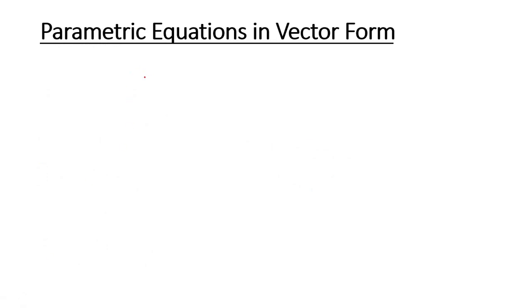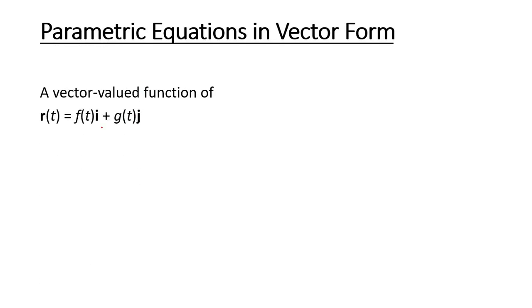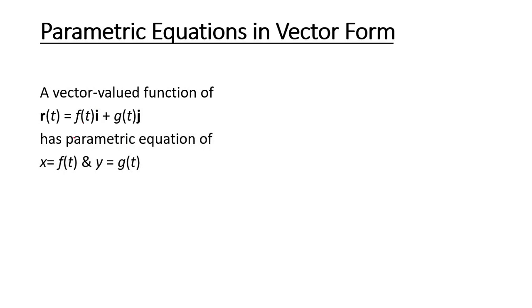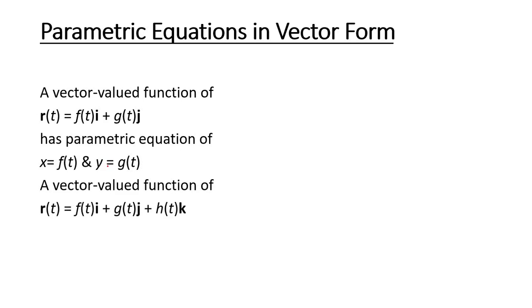So, all the parametric equations in vector form. A vector valued function in 2D, r(t) = f(t)i + g(t)j. As a parametric equation, the component i, let it equal x, so x is f(t); the component j, let it equal y, and y equals g(t). If in 3D, a vector valued function r(t) = f(t)i + g(t)j + h(t)k, we have parametric equations of